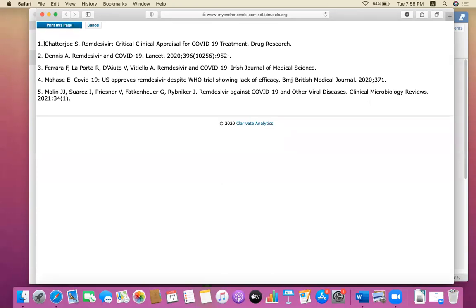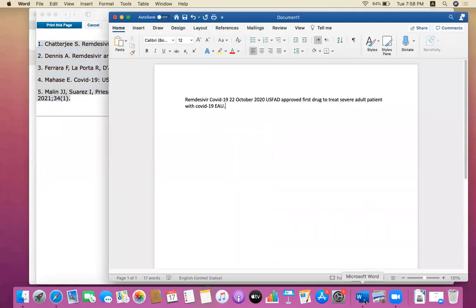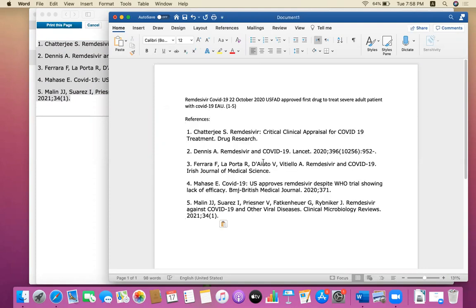This is the manual way. You can just select these 5 articles, copy them, and your work is done. You can give numbers 1 to 5 as the reference, and in the reference section you just need to paste, so all your references will be here.